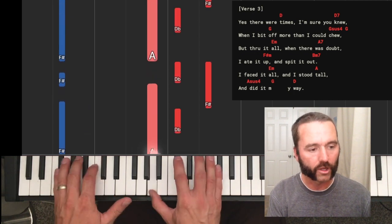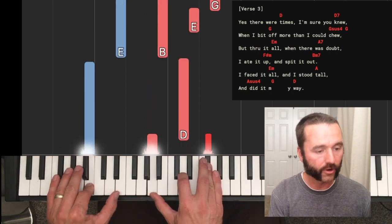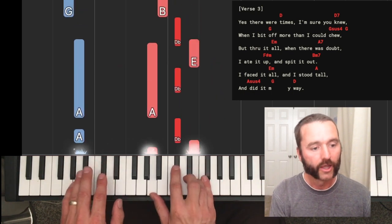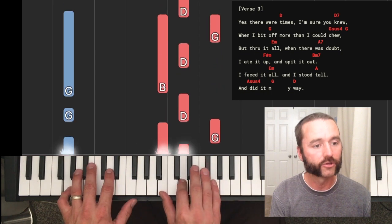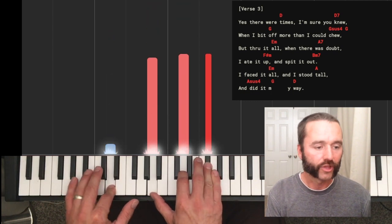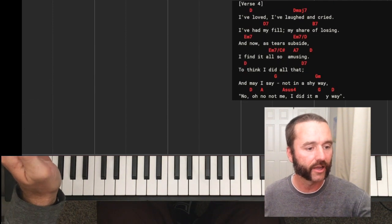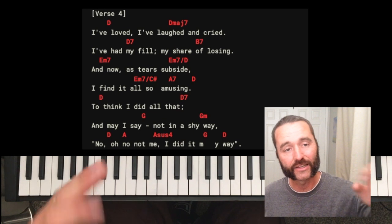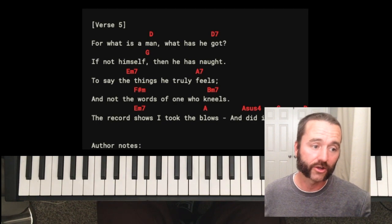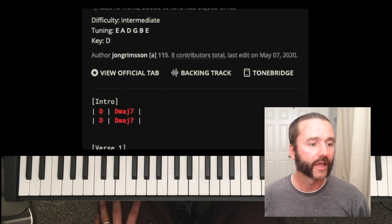So from the F sharp again, 1 and 2 and 3 and 4 and 1 and 2 and 3 and 4 and E minor, 1 and 2 and 3 and 4 and 1 and 2 and 3 and 4 and 1 and 2 and 3 and 4 and 1 and 3, okay? So that's very similar to something that we've already done, so I'm not going to hang on it for too long. In fact, as I look ahead, now we've got verse 4, which I would technically call verse 3 because they called verse 3 the chorus, and then it's got verse 5, which I would technically call the chorus at the end. So those are all the parts of the song for My Way,